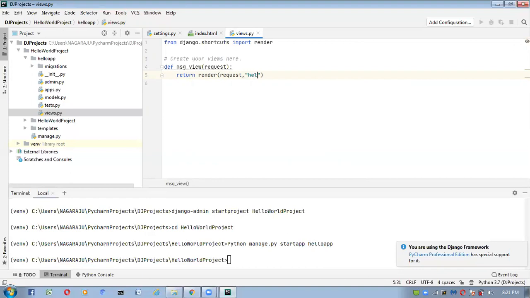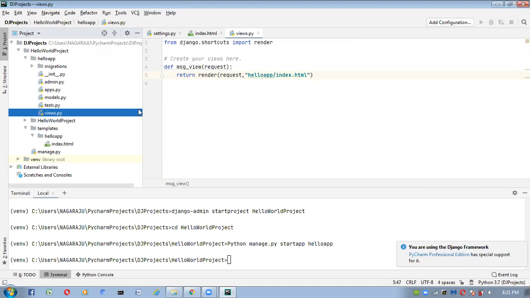Inside hello app we have the index.html file. Here hello app means we created one subfolder, and inside this hello app folder we have the index.html file. This is what we have to give here, right? So now save this one.